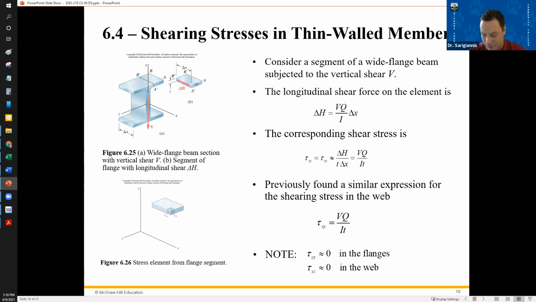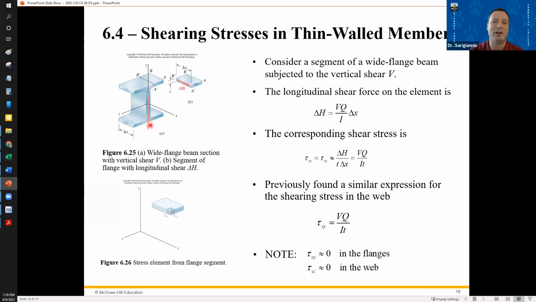We're going to look at, well, oh no, we're doing this one next. Shearing stress in thin-walled members. So now we've got this, this is an I-beam now. And what do we have going on here? Here we have an I-beam that has a,